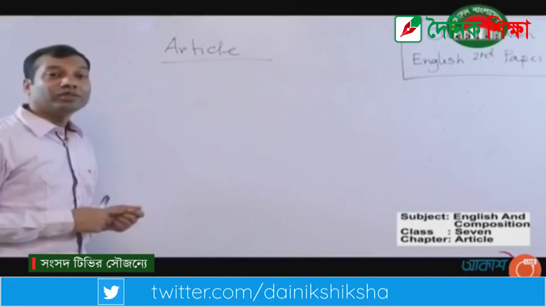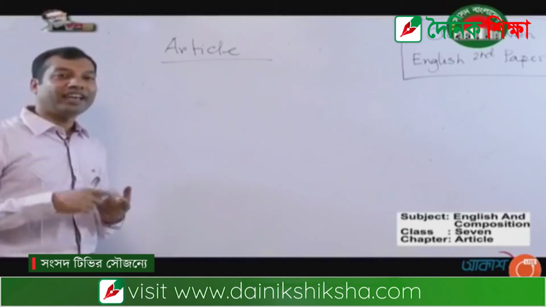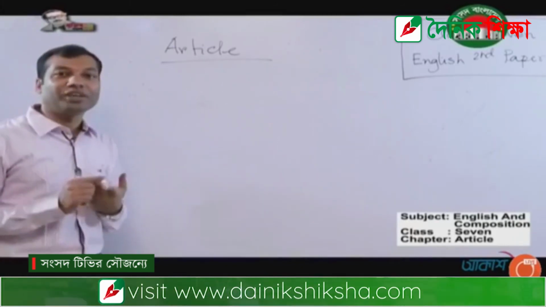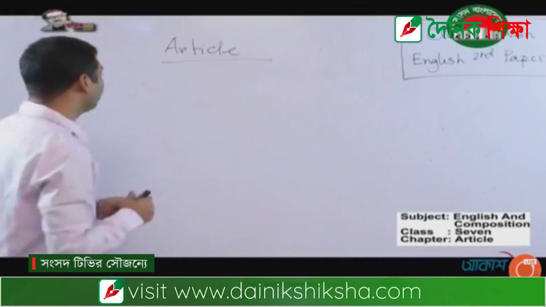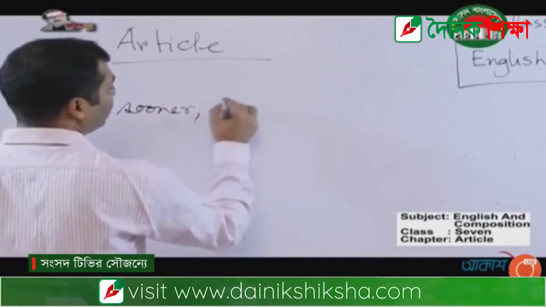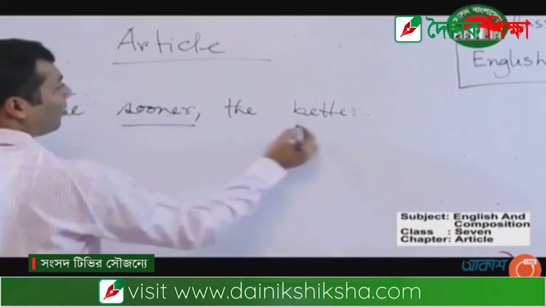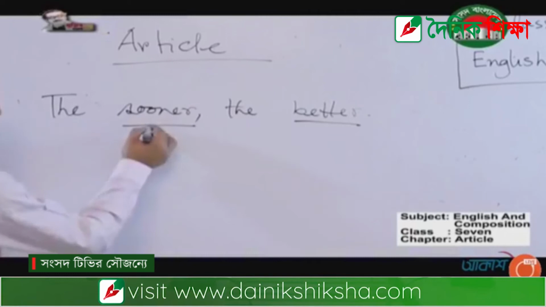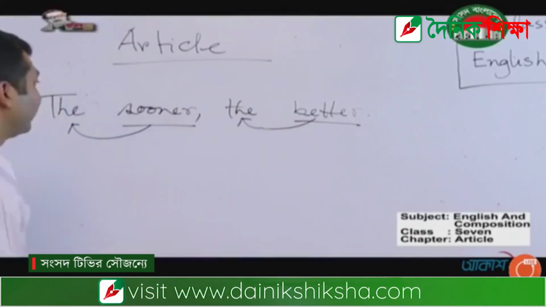As an adverb with comparatives. We know that no comparative degrees take any article, even if it is a, an or the. But sometimes if adverbs are used as comparatives, they must take the article "the" before them. For example, the sooner, the better. Basically, the comparative form doesn't take an article, but if they are comparatively used in a sentence, they must take the article "the" before them.